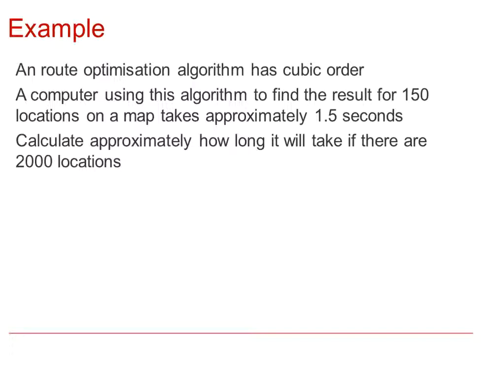So, a route optimization algorithm has cubic order. A computer using this algorithm to find the result for 150 locations on a map takes approximately 1.5 seconds. We need to calculate approximately, or in other words, estimate how long it will take if there are 2,000 locations. We could write this as E is proportional to n cubed in terms of the efficiency, because we know the cubic order. We know that n for the first list was 150 and that the time was 1.5 seconds,